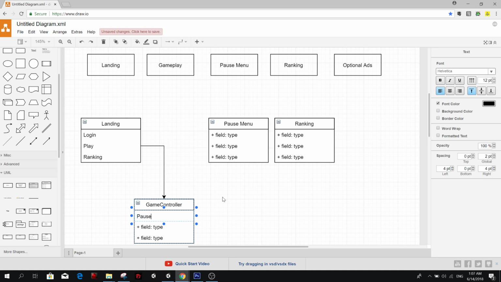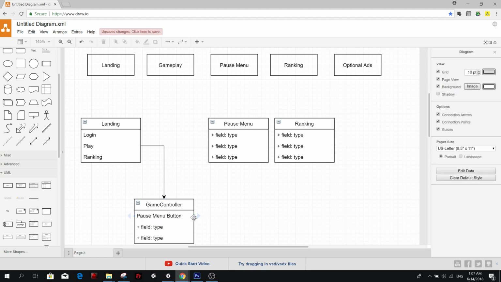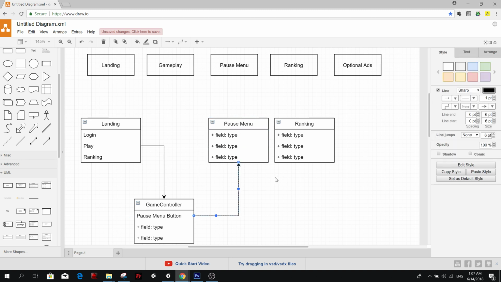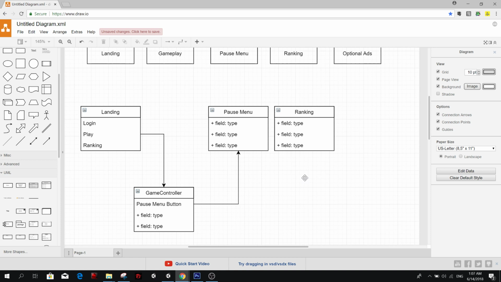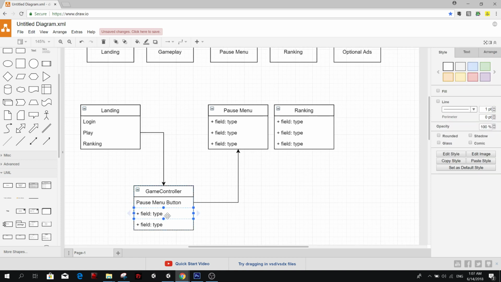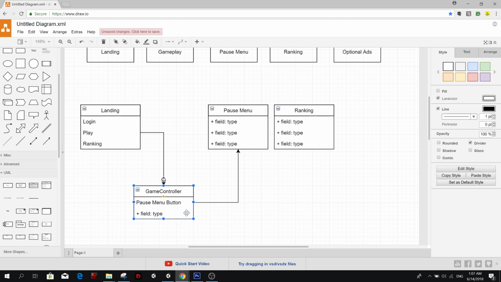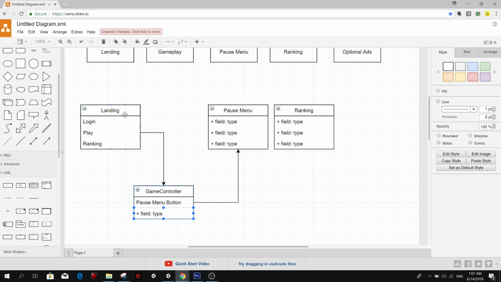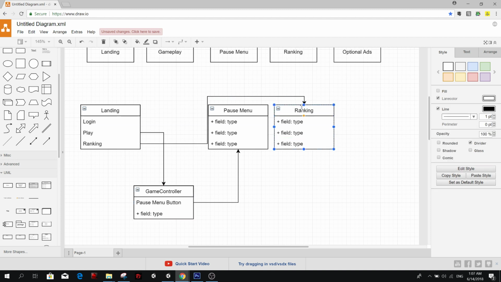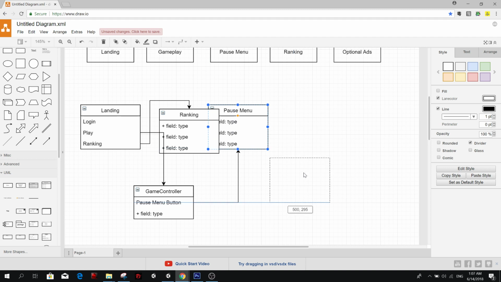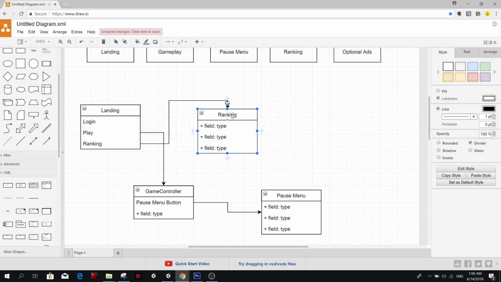So we have this button that will open this menu. Game controller. What else do we have? Not really many buttons. The ranking is going to take us to this here. So let me put this over here.